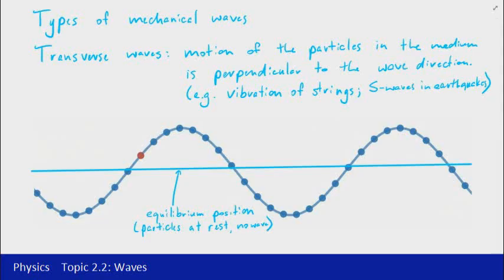Now a couple of other points to note. We've got this point at the top here. We call that a peak. Another word that sometimes gets used there is a crest. So basically it just indicates the top. And then down the bottom here we have a trough, the bottom of the wave itself.